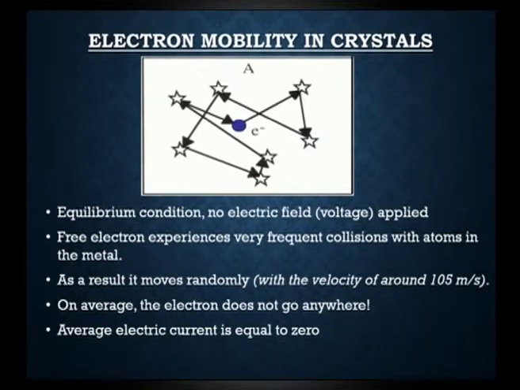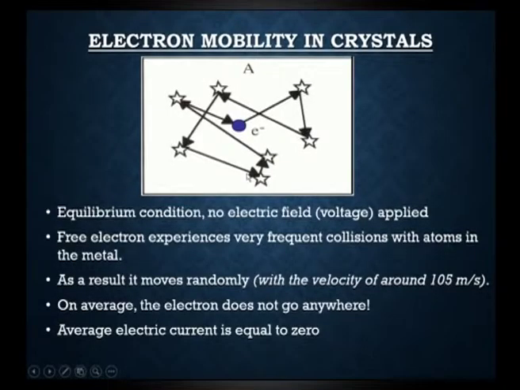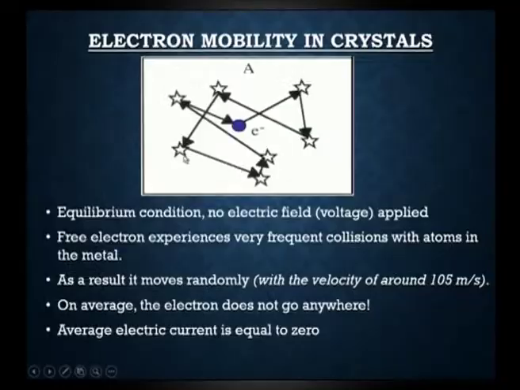but it is bound inside the material and does not eject from it. It moves randomly inside the crystal, and the average electric current is equal to 0 here. Because it is not moving anywhere, the average current is 0. Due to the kinetic energy acquired from the vibration of the crystal, the electron moves randomly inside the material, and finally, whatever the movement may be, the net current flow is 0.